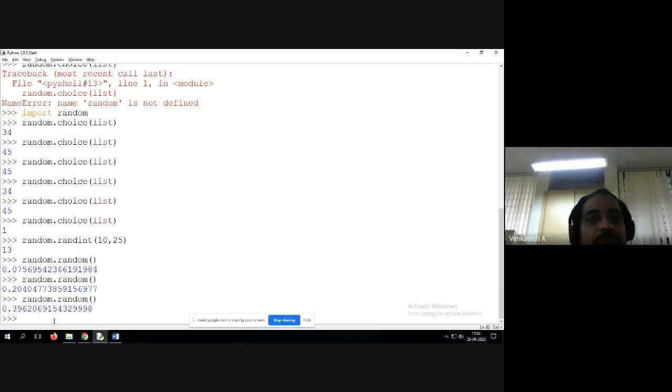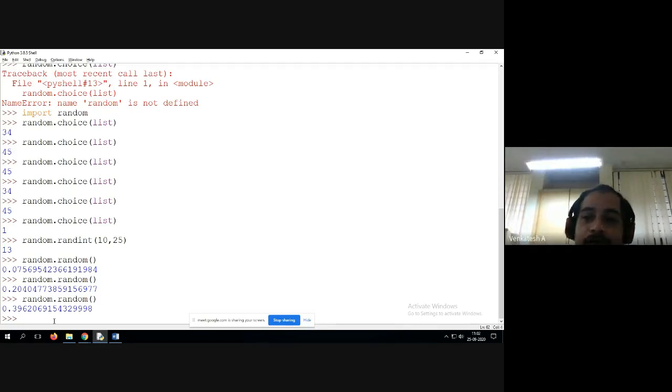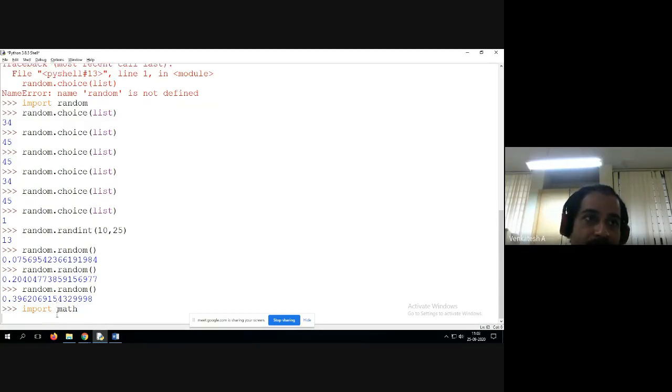So now after this, we'll learn one more concept which is part of the Python library, that is the module named math, import math. Okay, first, to use any function within the math module we have to import math. So I have imported math. Now I want to check the square root of a number. So the syntax is module name, that is math dot. To find the square root we have sqrt.